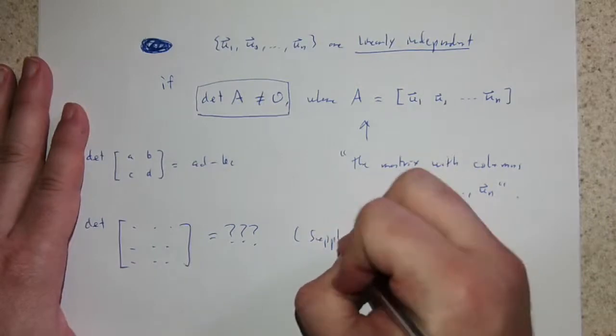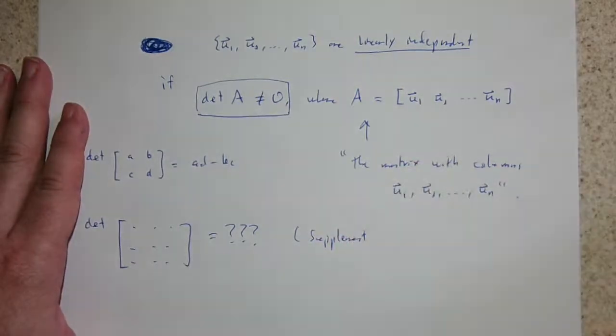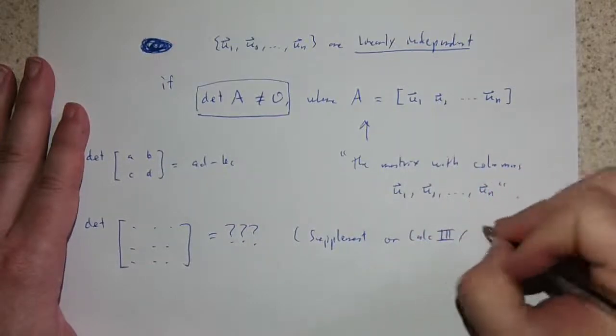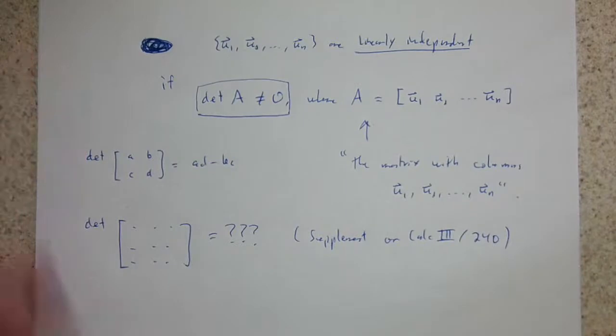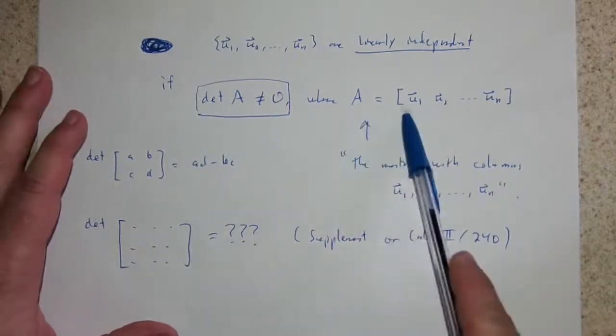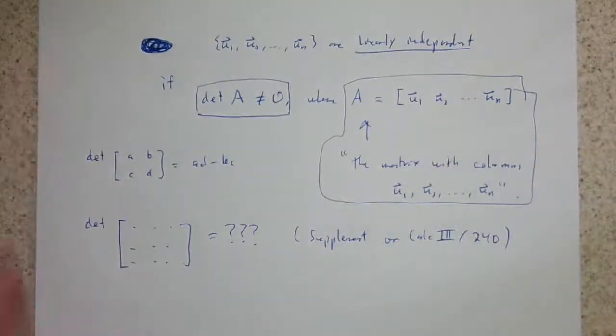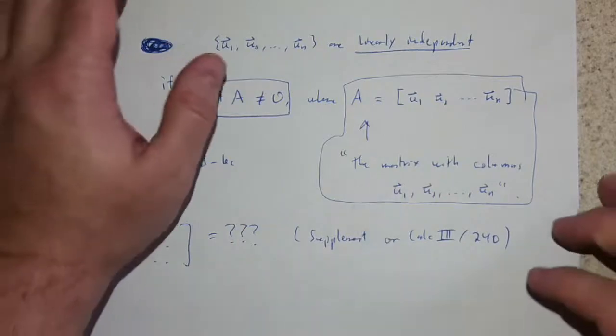I'm not even going to write it out here because we're not going to need it directly. If you want to see how this works, you did it in Calc 3 for the cross product. You needed to compute the determinant of a 3 by 3. You can, of course, define the determinant for any square matrix. That's how this works. This matrix is a perfectly fine way of specifying a matrix. Okay, there's absolutely nothing wrong with specifying a matrix like this, but